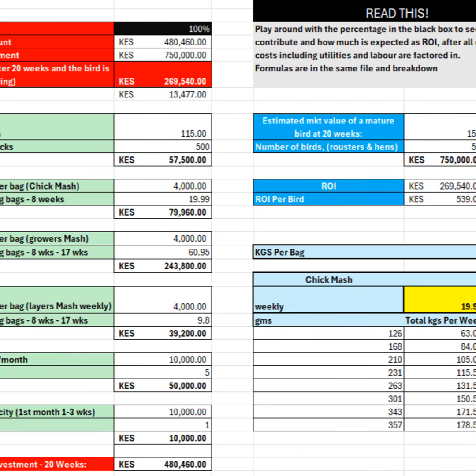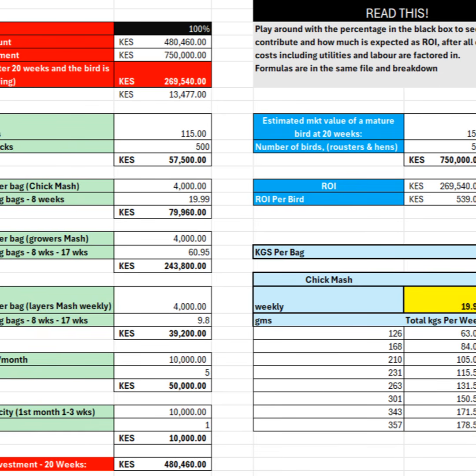Now, let's simulate with 500 birds. This changes very fast. Again, the exact same workings. I'm just using my formulas that I've put in my Excel file. So at 500 birds, my new required amount, again, this is a simulation. There is a plus minus, always keep that in mind, of probably 5-10% here and there, give or take. That gives me a total required amount of 480,000 Kenya shillings.